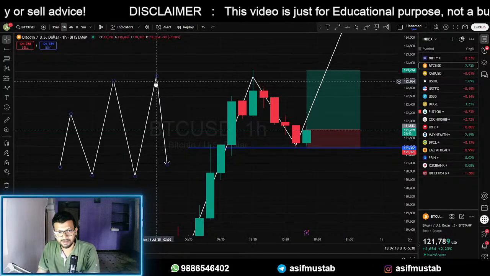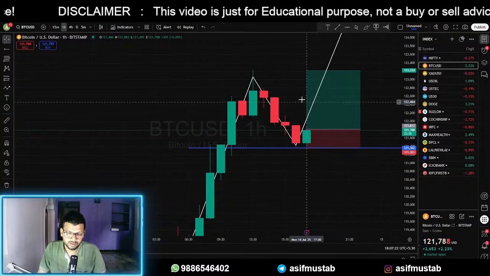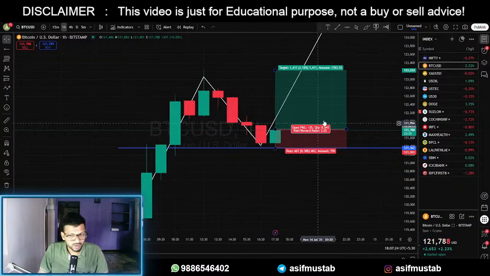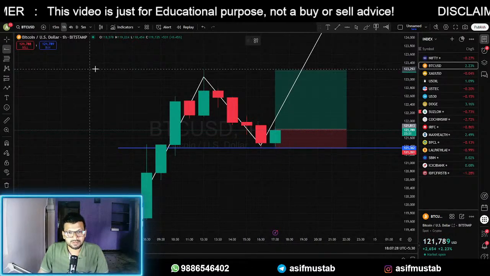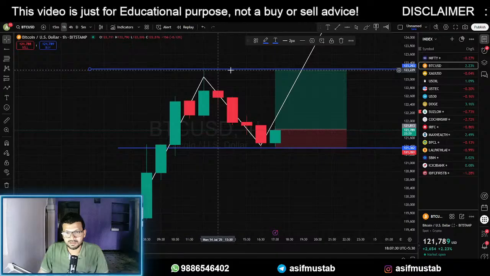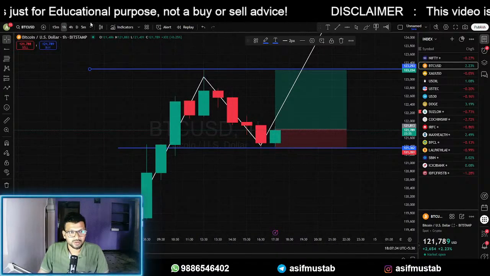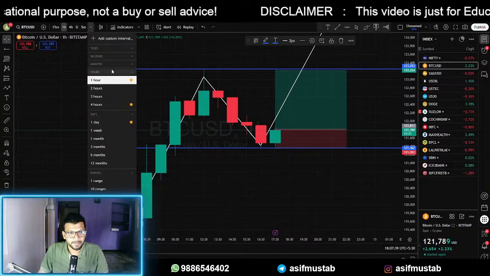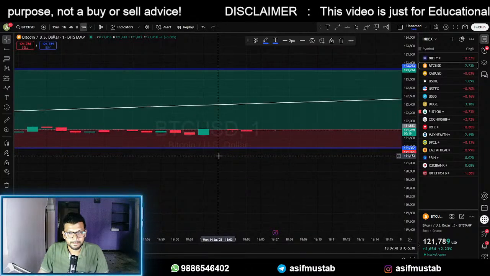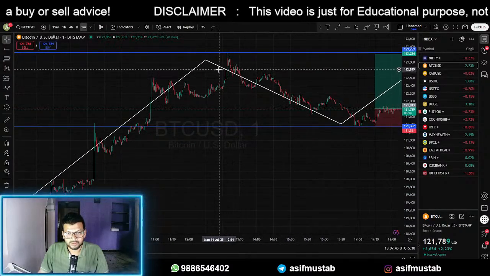Okay, and if there are reversal candles, or if there is a pause somewhere here, then we can book our profits, because a pause might indicate that the market is respecting this resistance level, so from this level we can see a fall. Oh, I'll show you in a lower time frame. Okay, so if you look at this